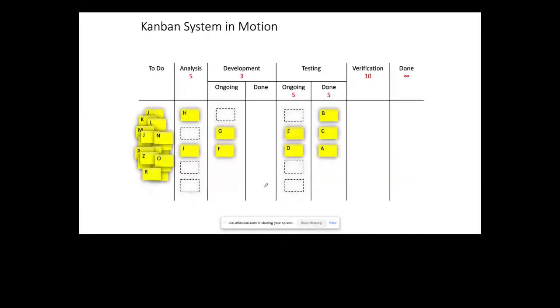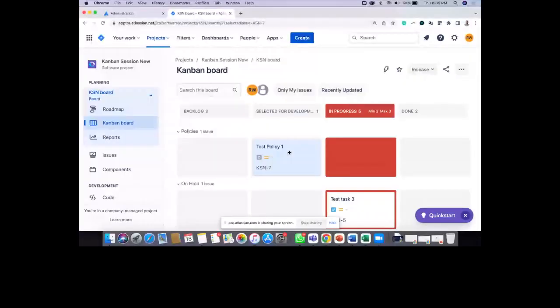Now, the important thing in terms of living Kanban with Jira is updating comments and updating progress. As you all know, when we are working in a software development environment, we are told to update the status, update the progress. If you start your work, make sure that you move your ticket as soon as possible, right?